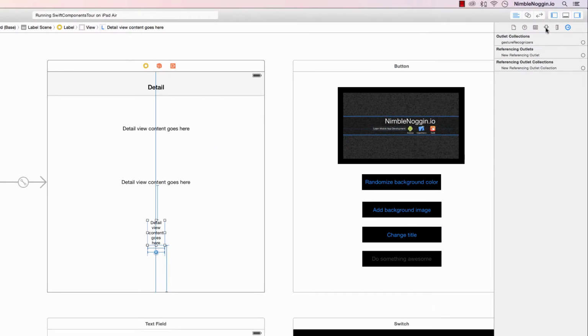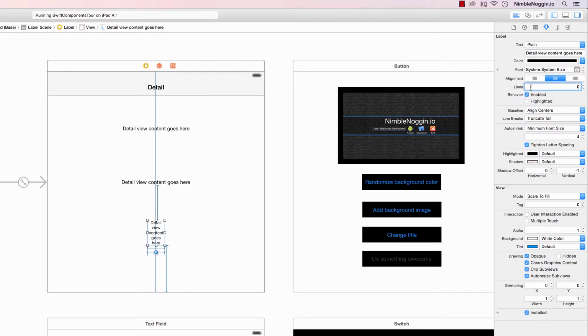And what I did was I set this lines property, which is actually connected to the UILabel.numberOfLines property, and set it from 1 to 0. And basically with that property, when you set it to 0, you are saying that there is no maximum number of lines. So the text content in the label will adjust based on its frame size. So I fiddled with the frames a little bit and made it so it lays itself out to 1 word